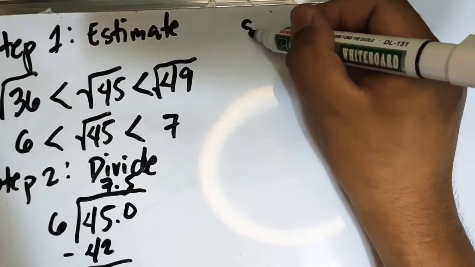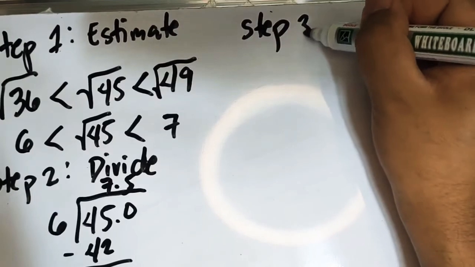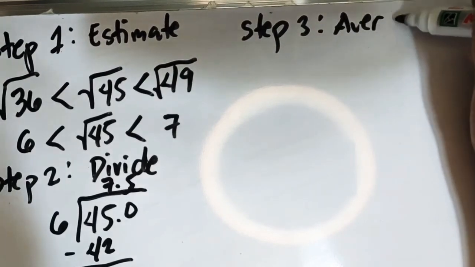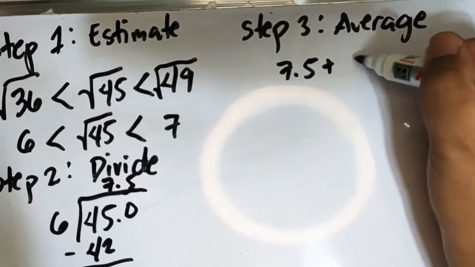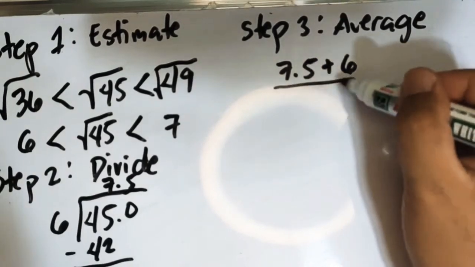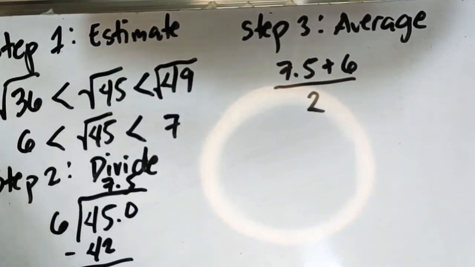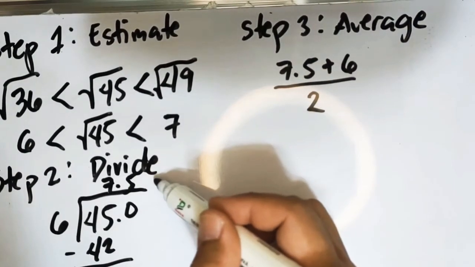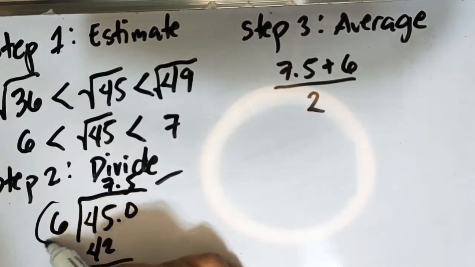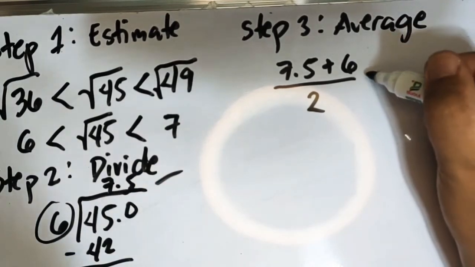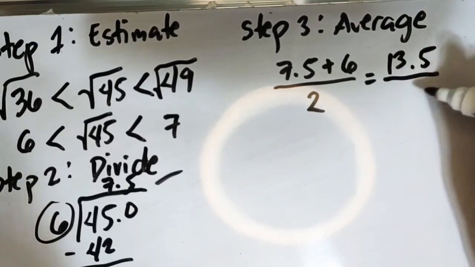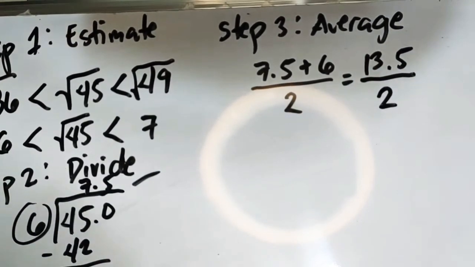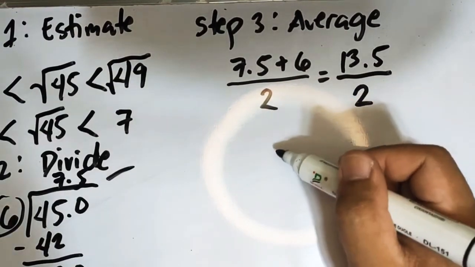Next, step 3, we will get the average. The average of 7.5 and 6. So, divided by 2. Okay, so ito yan. Yung 7.5 tsaka yung 6. Okay, so 7.5 plus 6 is equal to 13.5 divided by 2. So, solve natin ulit manually. We have 13.5